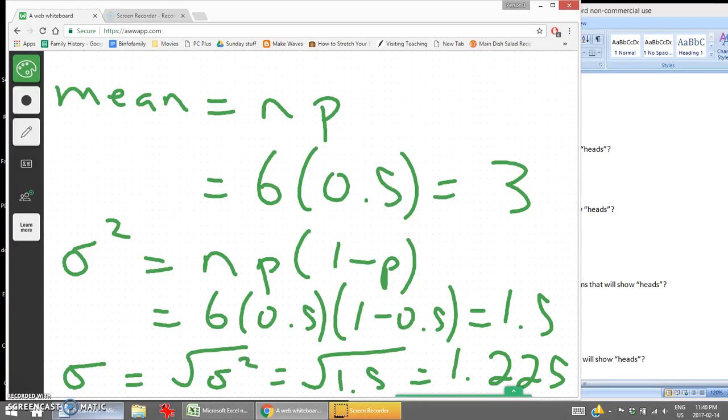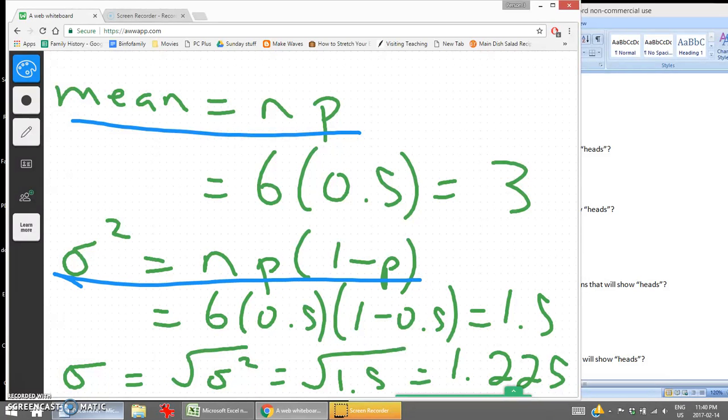So remember those 3 formulas. The mean is right there, n times p. The variance, n times p times 1 minus p. And then the standard deviation is basically the square root of n times p times 1 minus p. So let's delete that page